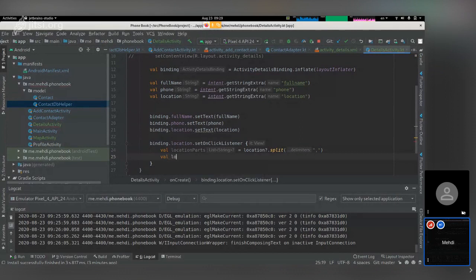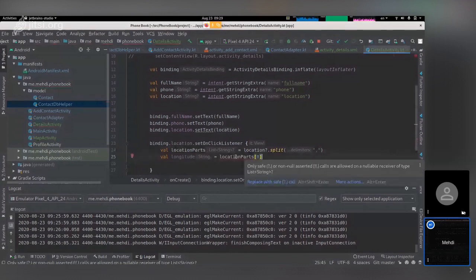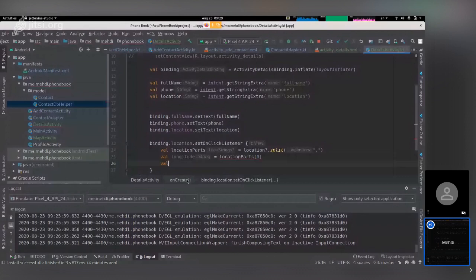and val longitude. Our longitude will be location. You know what the first one is? This is a list. The first item will be the longitude and the second one will be latitude. Location parts 0. Come on. Allow the type list, val latitude, location parts 0, string. This is a string, but